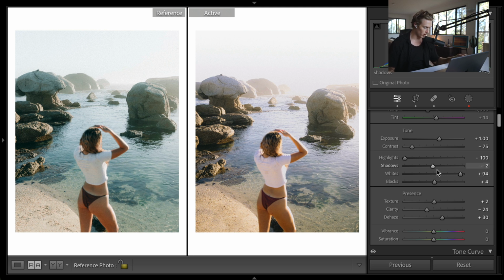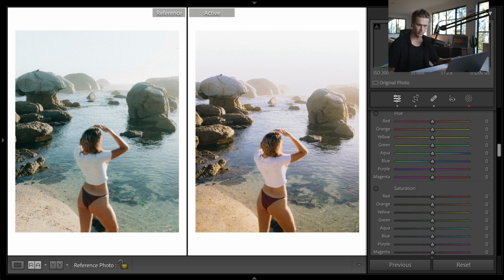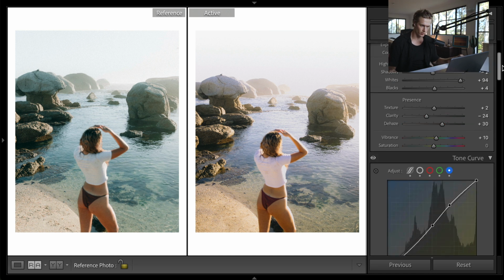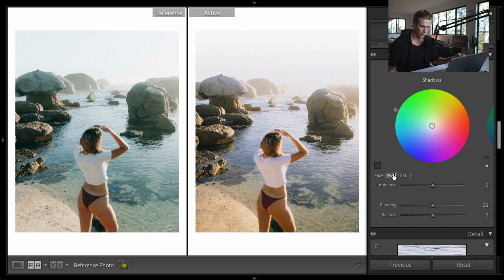Okay, and for toolbox, I've programmed these buttons here, so I can just roll the wheel like this. I just hover my mouse over top of the tools. So I'm going to come to split toning, because I think there's just a really strong amount of green, blues, aquas in this image. So we're going to get this greenish blue, and we're going to go with about a 5, and then